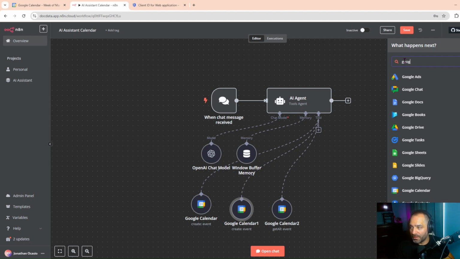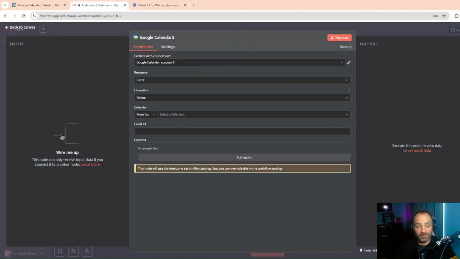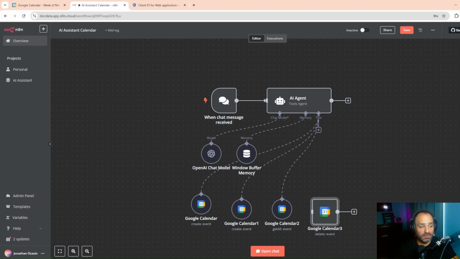The next Google Calendar is going to be delete. So this is going to allow us to delete events. So if you made a mistake or someone wants to cancel, this will do it all on its own. And the important thing to note is this by itself is not as strong, but when we create that higher level person, in the next video, we're going to create an AI agent that can message for you and send emails. And so we'll connect this to the agent that can send emails. And when that agent sends the email,